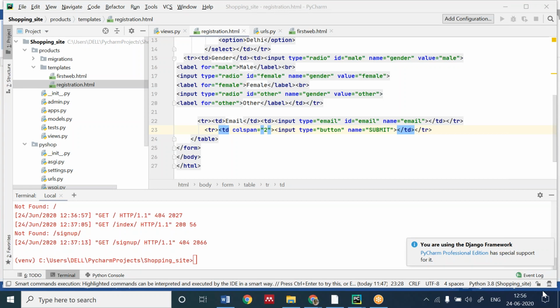Ma'am, I ran my server, but the text box isn't aligned with name and address.